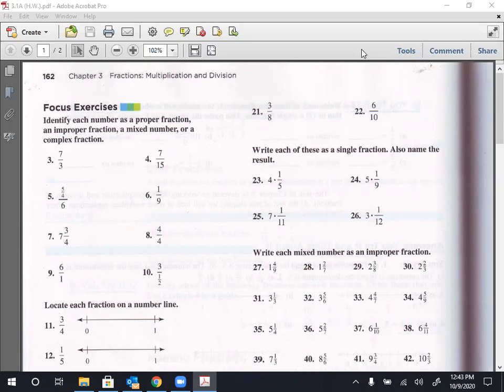It says improper. So an improper fraction is one where the top number is bigger than the bottom number. So number 3 is